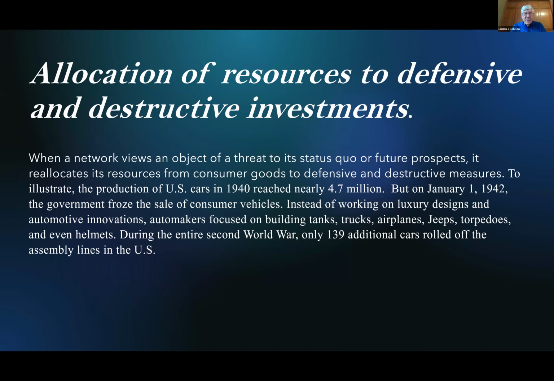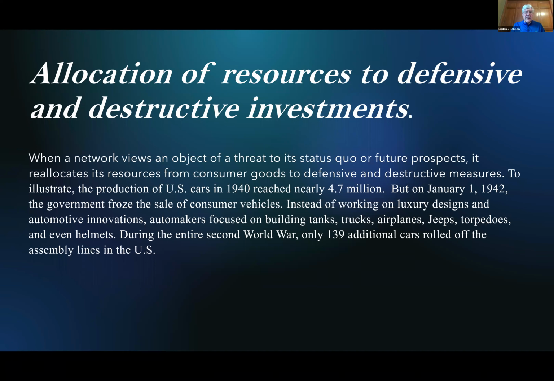So one of the, and this may support the first slide as well, in 1940, the US produced 4.7 million cars. During the rest of the entire Second World War, only 139 additional cars rolled off the assembly line. So if you think about all of the transportation investments that were really reallocated to war machinery and the disadvantages to consumers, surely you'd have to agree that one of the high costs